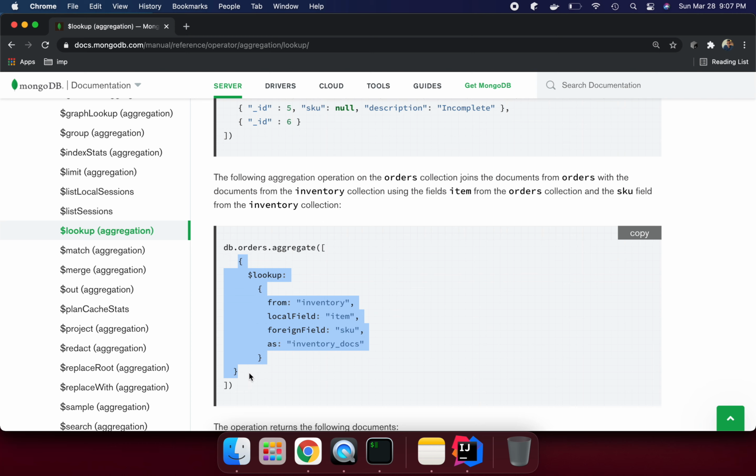You can use n number of pipelines, comma separated, and they are performed one by one. Once you get this result, the next pipeline executes on this result, and so on.